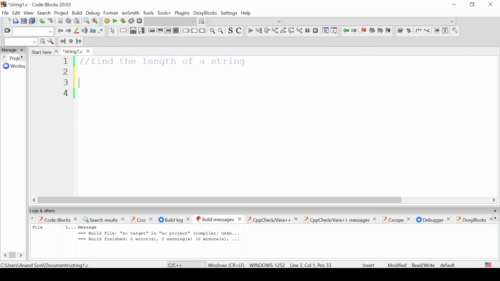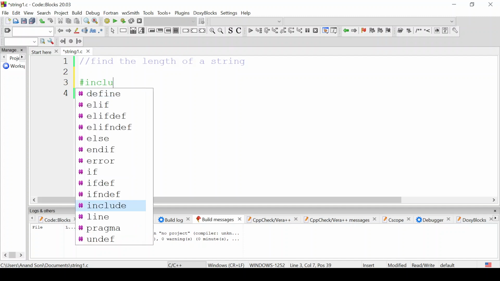In this program, we have to find the length of a given string. We are not going to use the string library function. We have to calculate the length of the string by using a for loop. So, #include